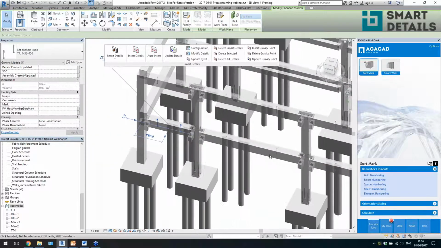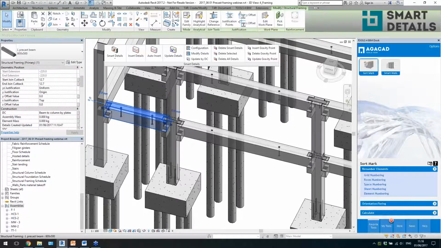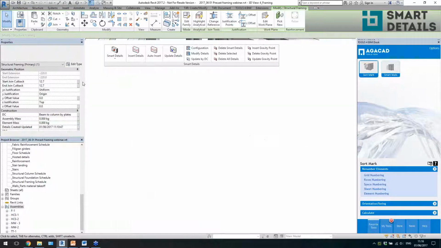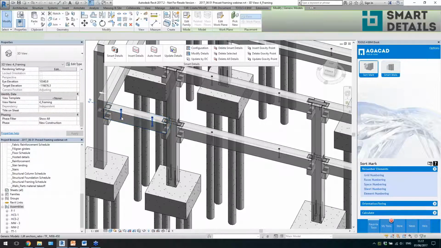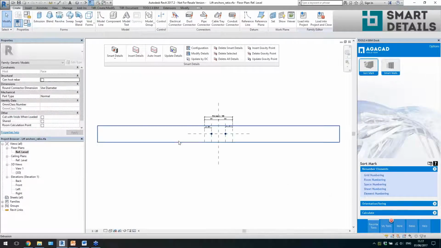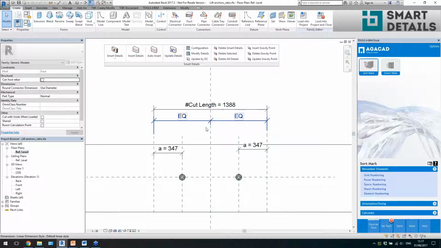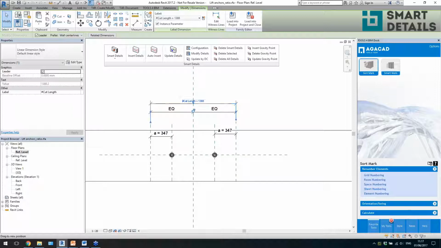But why it was placed well for this beam is because smart details have the possibility to read information from the host element or from a connected element, right? So if my beam has a cut length parameter, right? When I created this family, I created a special parameter called hashtag cut length. So now when I insert these details with smart details, it is reading the